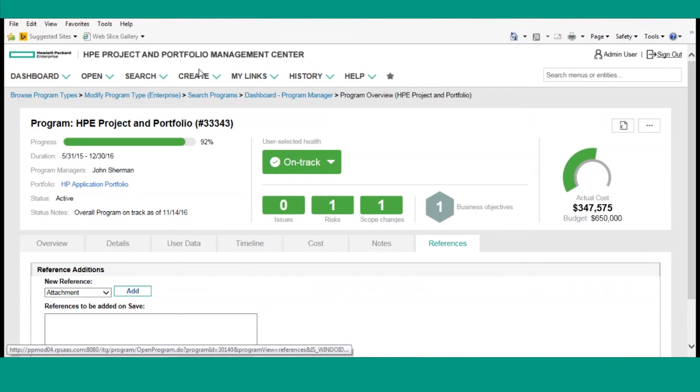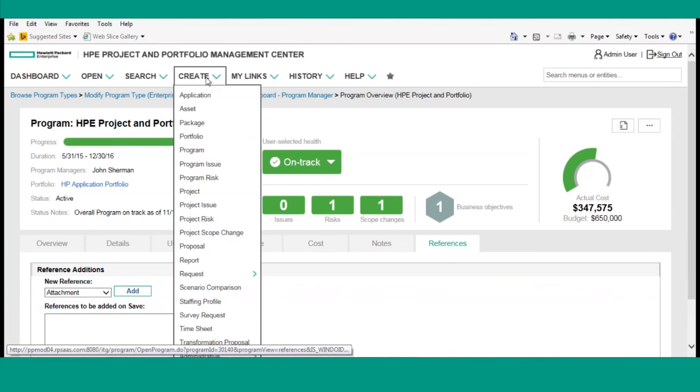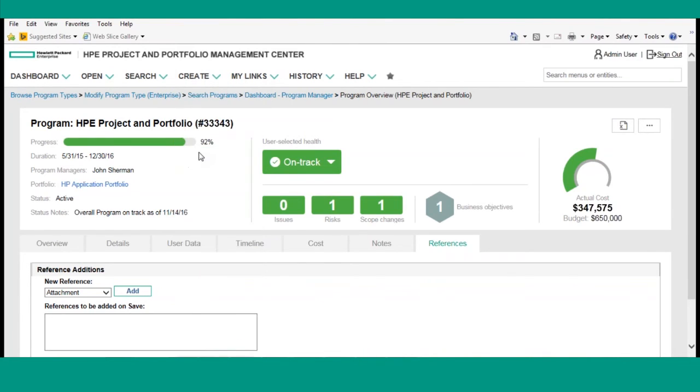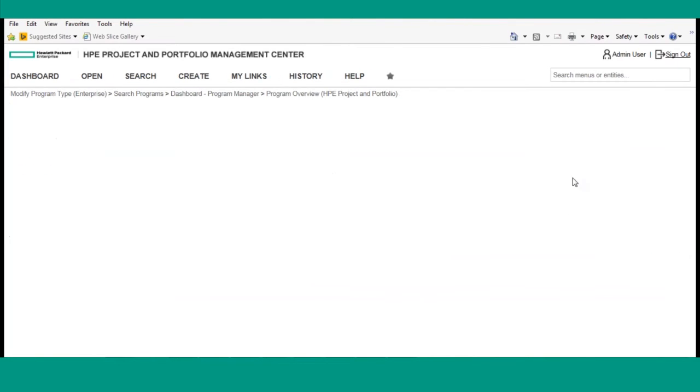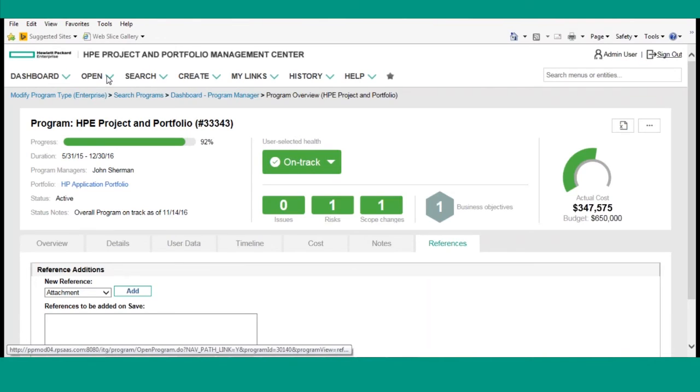Okay, so that's a quick overview of the new program functionality. To create a new program, come in and create program. Give it a program name, a program type, and away you go. So we've covered the program type, searching a program, creating a program, and a detailed review of the new program